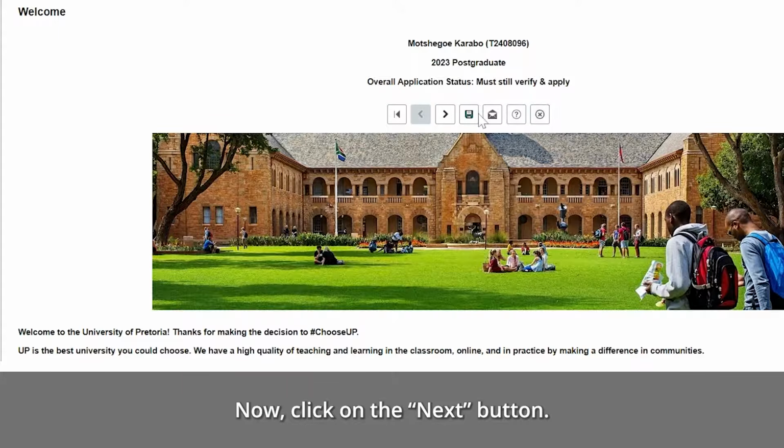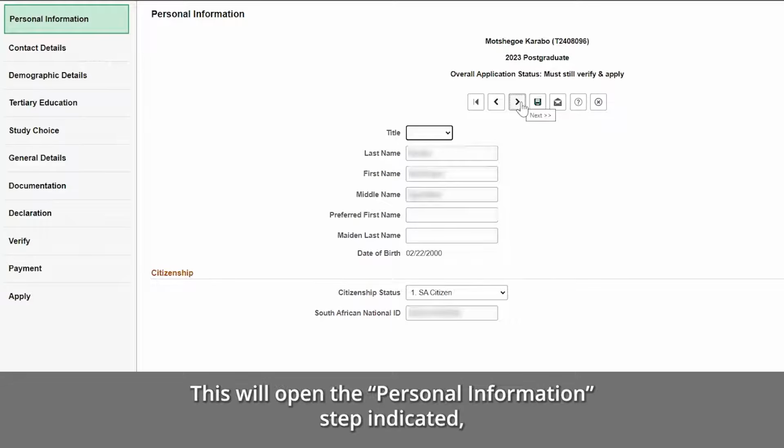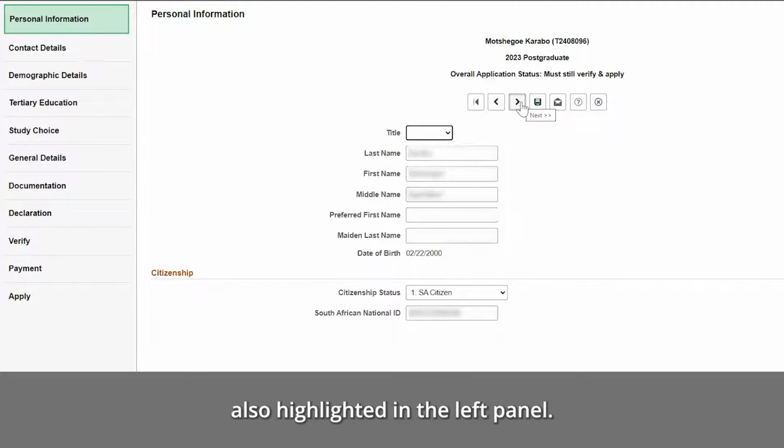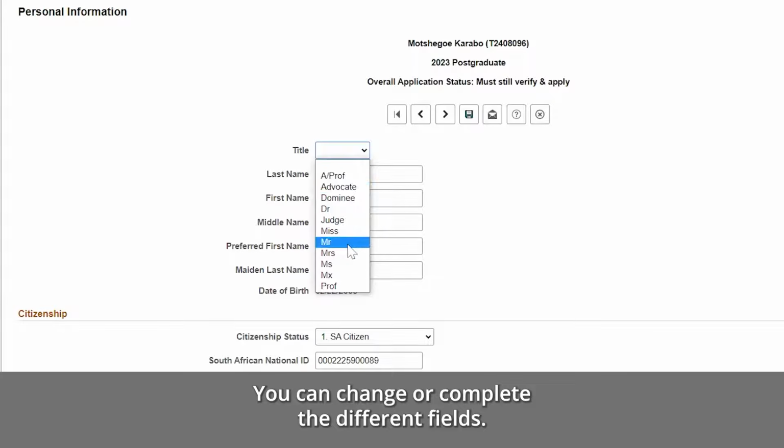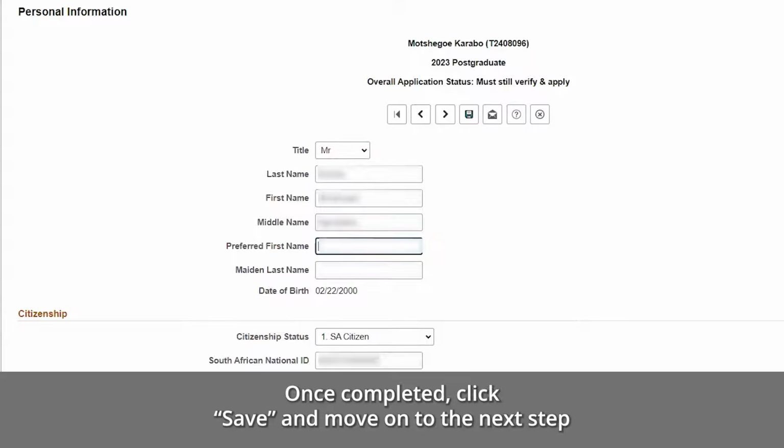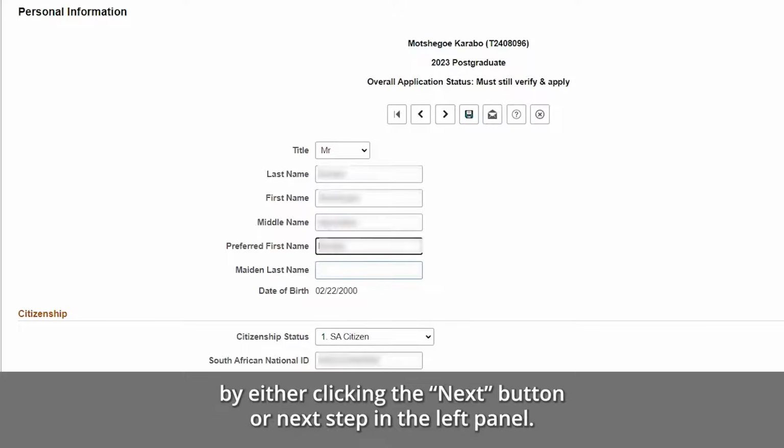Now, click on the Next button. This will open the personal information step indicated, also highlighted in the left panel. You can change or complete the different fields. Once completed, click Save and move on to the next step by either clicking the Next button or Next Step